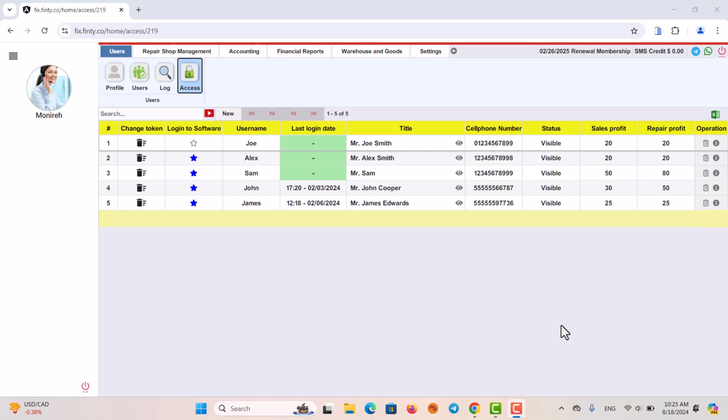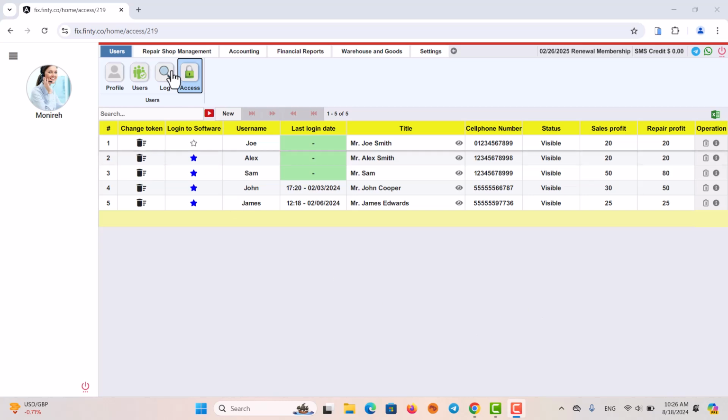However, if you as the manager don't want your employees to have access to certain menus or services, or if you think they don't need them, you can easily disable them yourself. For example, if you don't want your repairman to access the financial services within the software, or if you don't have a repair shop and don't need the repair shop menu or its services, you can simply go to the